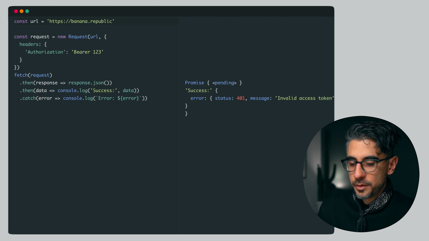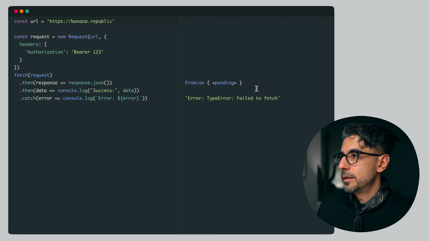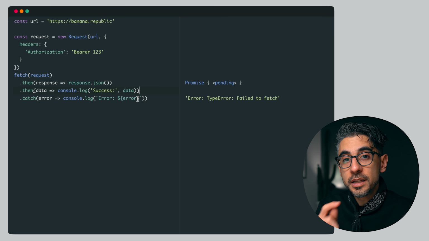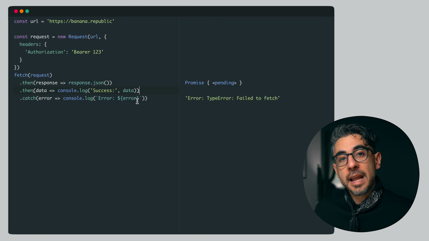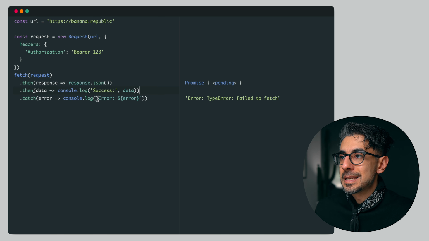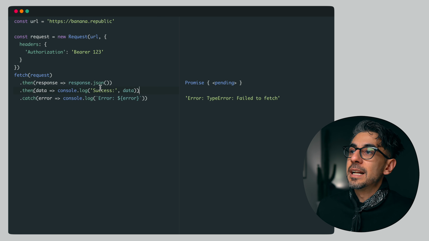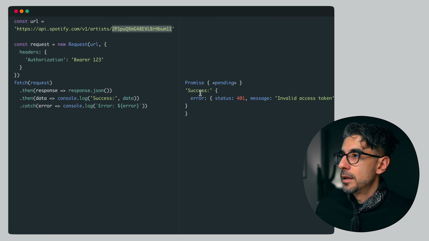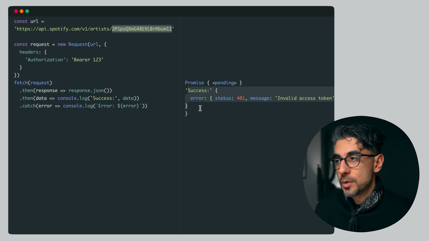republic. Is that? No, I don't think that is an actual thing. There we go. So we end up in the error block, right? Error: failed to fetch. It doesn't really tell me much. It just says that you didn't succeed because I wasn't able to complete a fetch operation. So that's really important to remember. When we get an error from fetch, that means that the fetch itself failed. But if I get an error from the server, that means the fetch operation was successful, so we need to